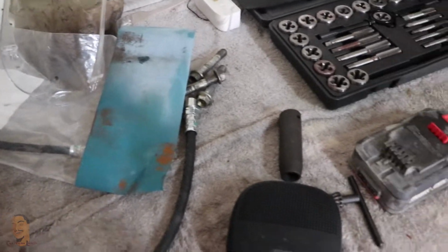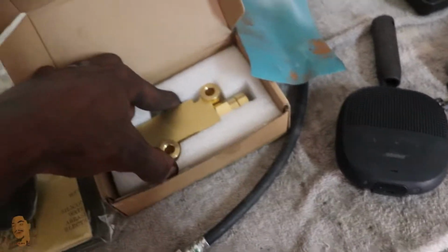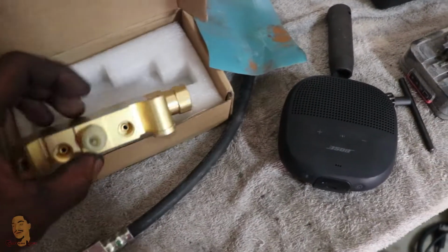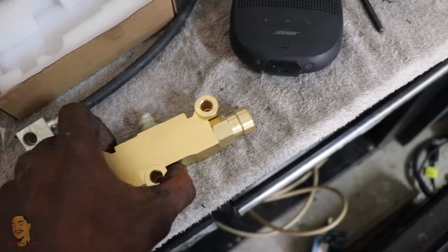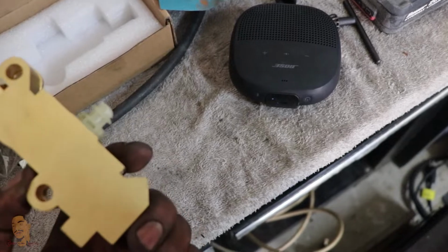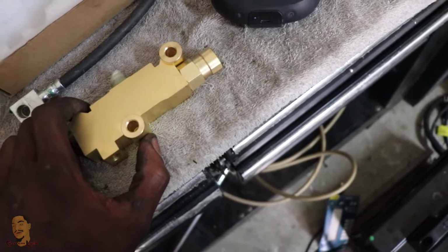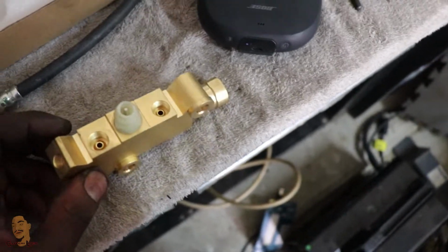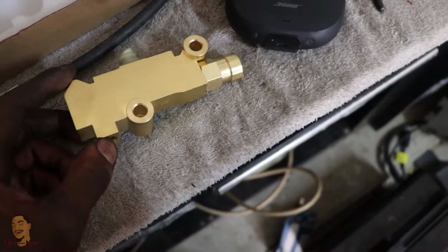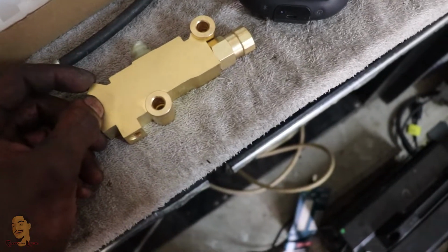Alright, now it's time to get to the last few parts of this swap. So this is a disc brake proportioning valve. It's meant for cars with disc brakes in the front and disc brakes in the back. The one that's in there currently is disc drum, so it's meant for disc in the front and drum in the back. This is supposed to increase the pressure of the brake lines going to the rear brakes, so that way, hopefully I can get some evening